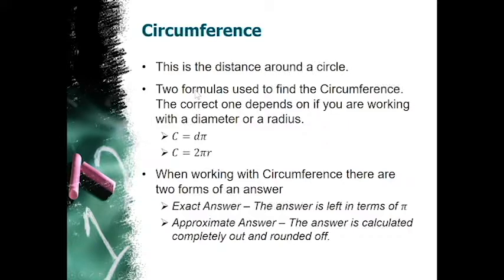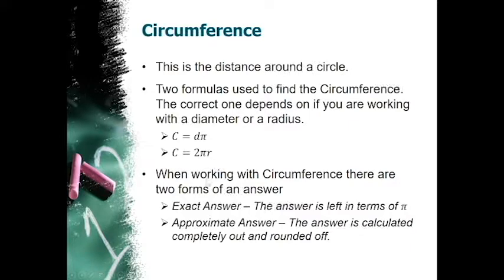There are 2 formulas for the circumference of a circle. The correct one depends on what you're working with. Are you working with the diameter or are you working with the radius? The diameter formula looks like this. The circumference equals the diameter times pi. And if you're working with a radius, your formula is the circumference equals 2 times pi times the radius. Now they're really the same thing because 2 times the radius is the diameter, but it's good to know both